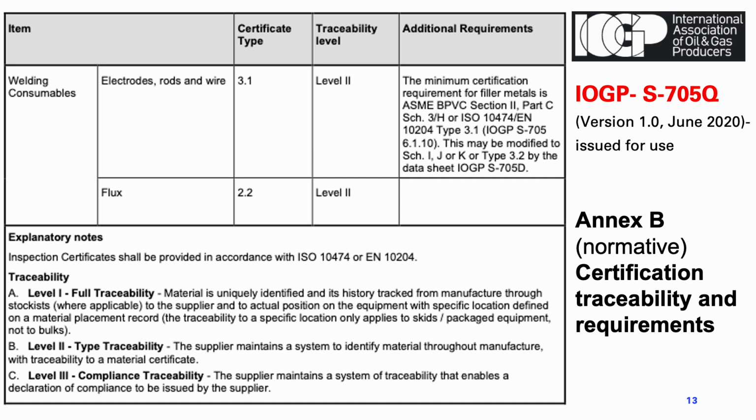Level 2, which is in our case in the annexure, is welding consumable. The supplier maintains a system to identify material throughout the manufacture with traceability to a material certificate. Level 3: the supplier maintains a system of traceability that enables a declaration of compliance to be issued by the supplier. That's it for